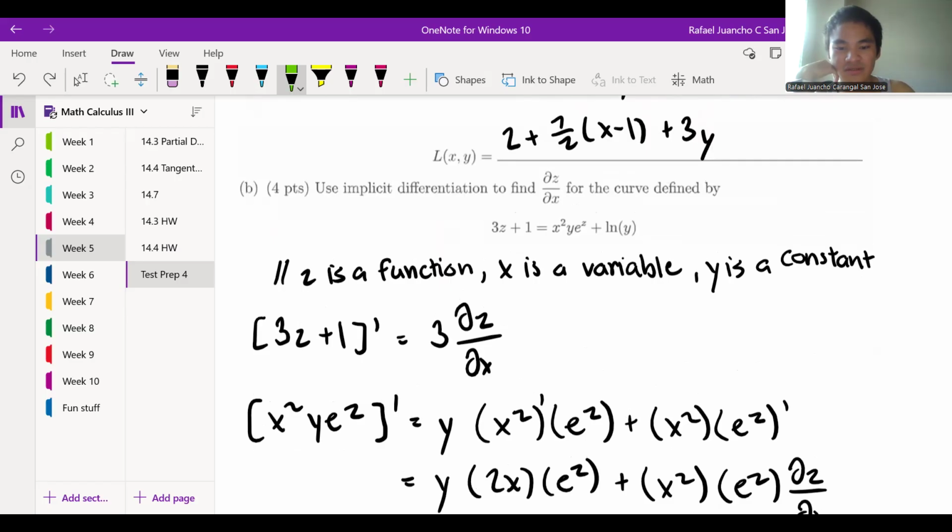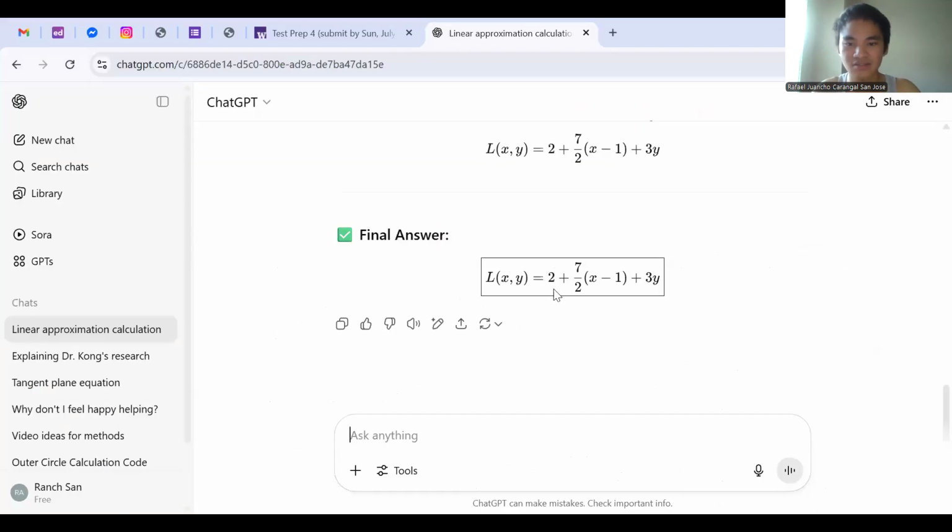Do I just share or like... Okay, I'll just share GPT. I'll type it out. Okay, so we're being asked to use implicit differentiation to find the partial derivative of z with respect to x